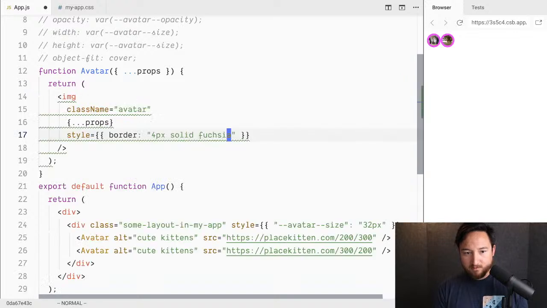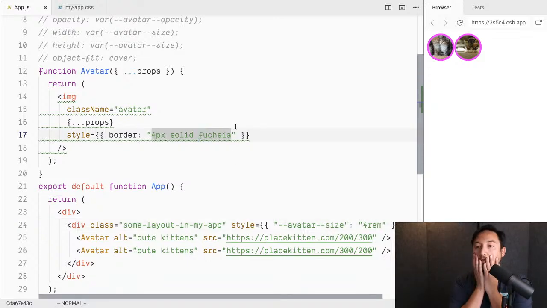Fuchsia. Boop. Perfect. Probably doesn't need to be that big. Actually, I'm going to make these a little bit bigger. I can change both of them at once, which is awesome. We're going to change this to 4 rem. Okay, cool. Now, you saw just when I changed that now,